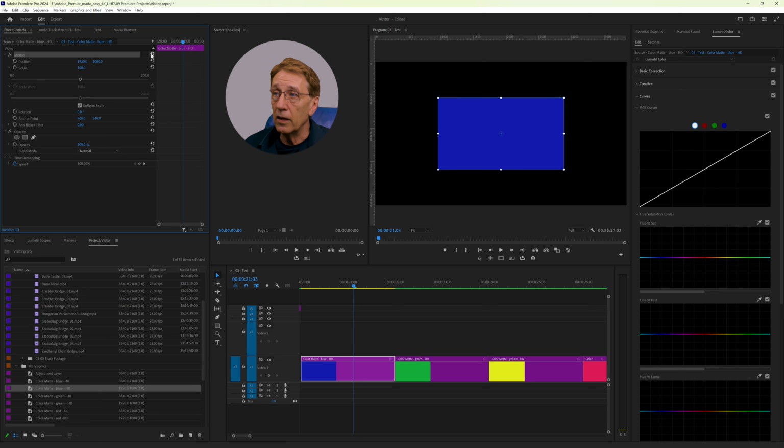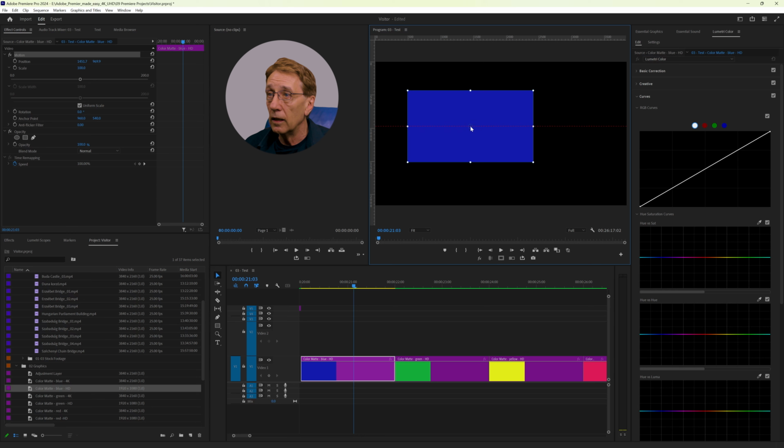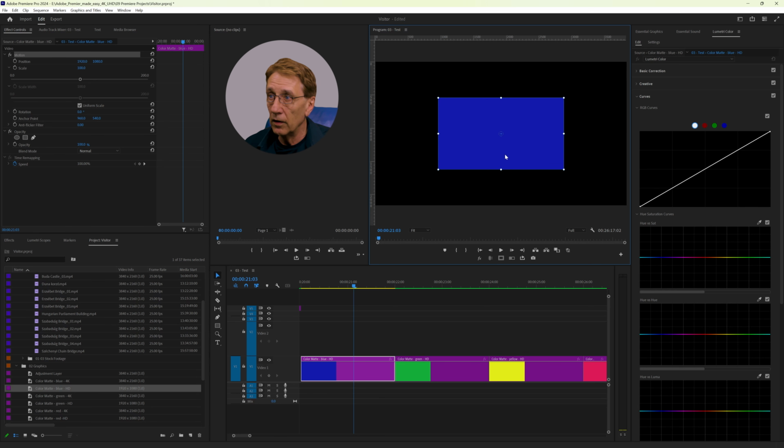So I reset everything here, and we can also snap the anchor point to 9 points when we hold Control. Oh, I'm sorry, I just grabbed the clip, not the anchor point. So now you see the mouse has changed.